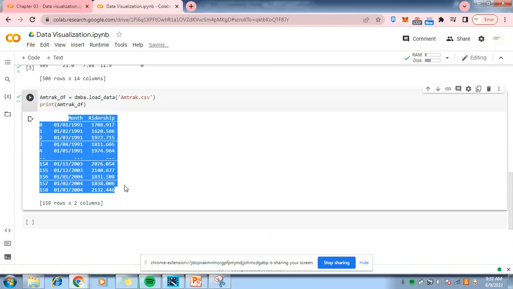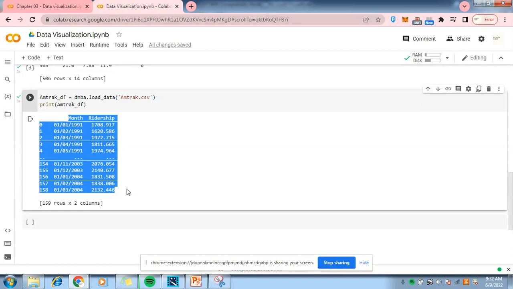As you can see, it has the month, which is needed for time series analysis. So the best graph for time series is the line chart. Line graphs, these are used for line charts or line graphs. These are used primarily for showing time series. To do this, we have to